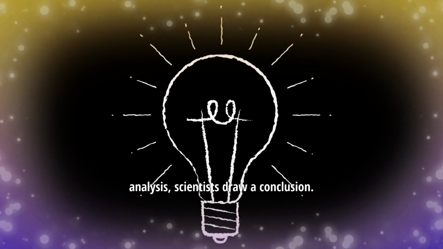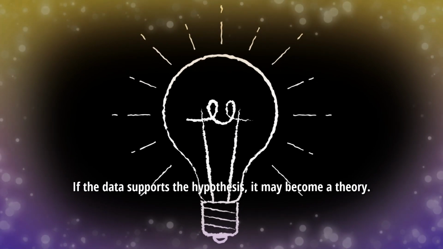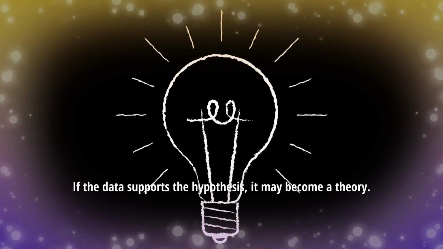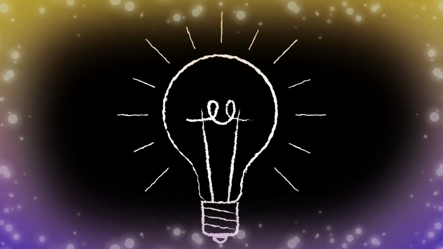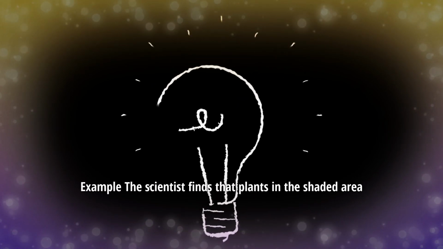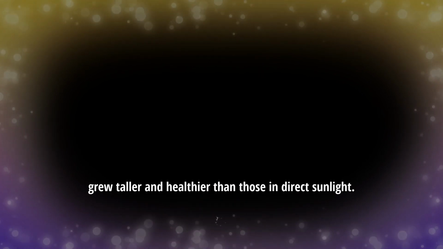Conclusion. Based on the data analysis, scientists draw a conclusion. If the data supports the hypothesis, it may become a theory. If not, the hypothesis may be revised or rejected. Example: the scientist finds that plants in the shaded area grew taller and healthier than those in direct sunlight, supporting